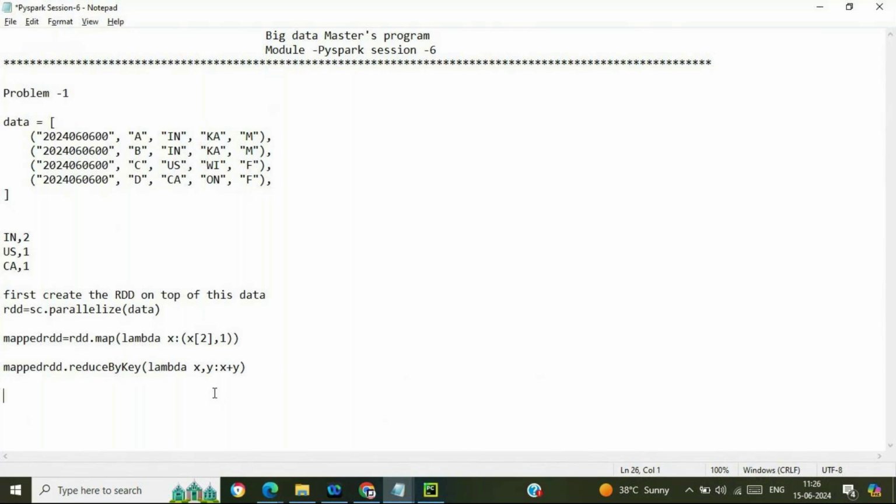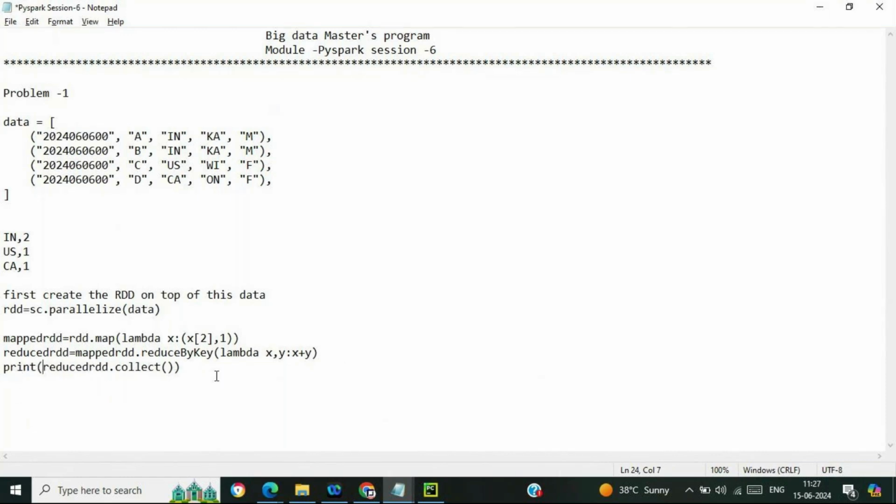I can name it reduced RDD, and then collect this reduced RDD.